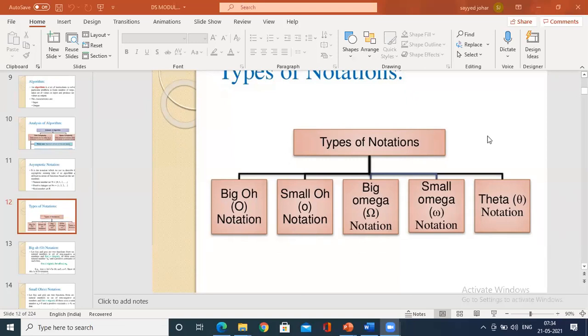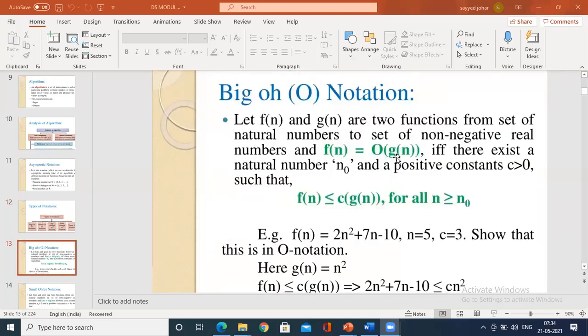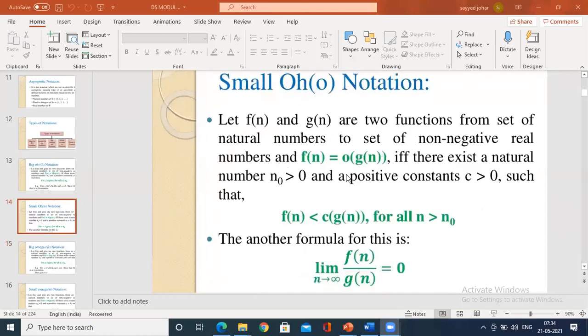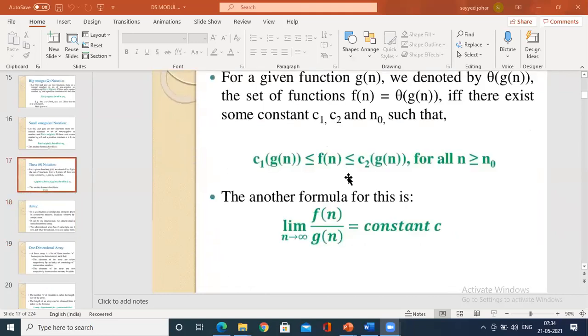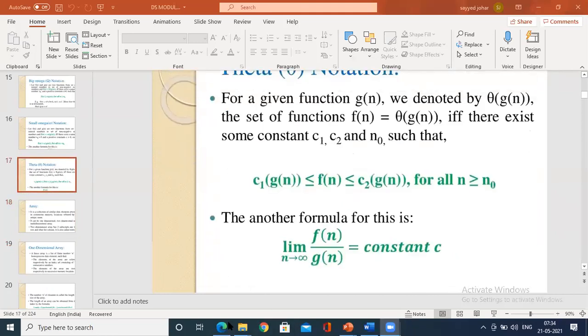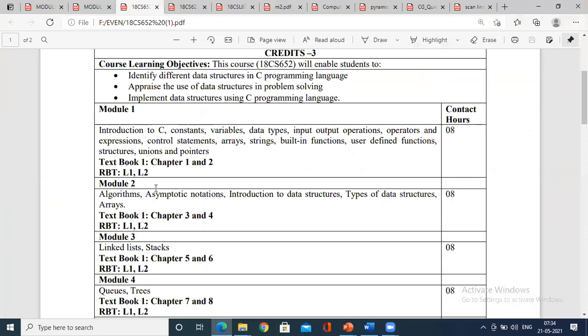Okay, so this is what we have covered in the last class, that is big O notation. Then we covered omega notation, and we have to go to the theta notation. Once again, if I show you, this is module 2: asymptotic notations, introduction to data structures. This we have to cover today. The types of data structures I have covered: primitive, non-primitive, and the difference between primitive and non-primitive.